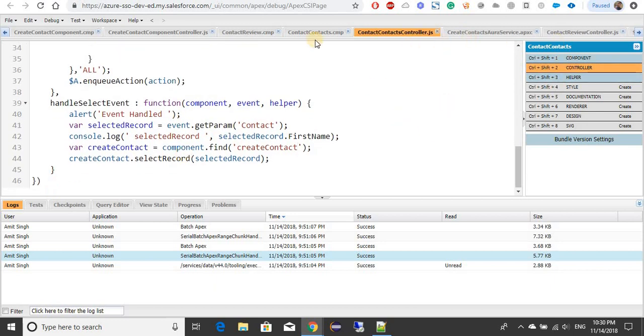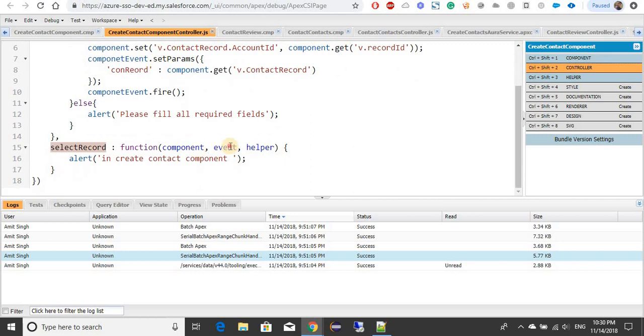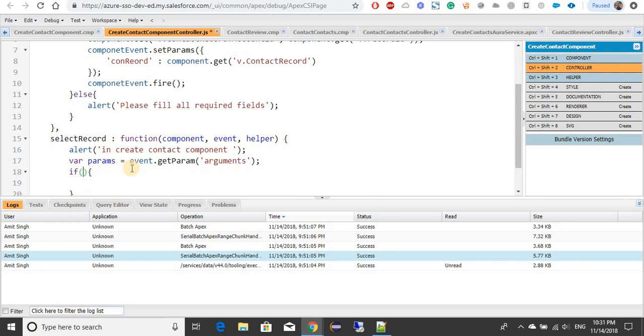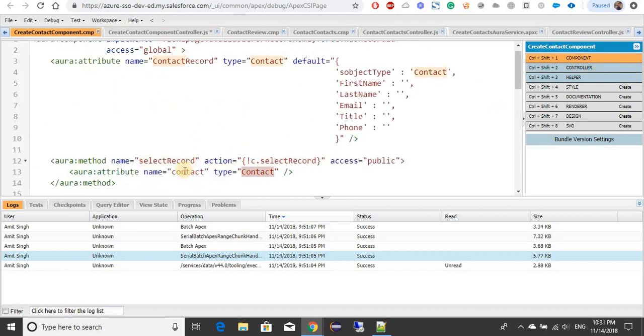So now, on the create contact component controller, we will use params, event.getParam, that will be the arguments, to get what arguments are being passed from the parent component, and we will check the params. Then we will not alert, we will get the contact record, that will be params dot the name of the parameter, that is contact,